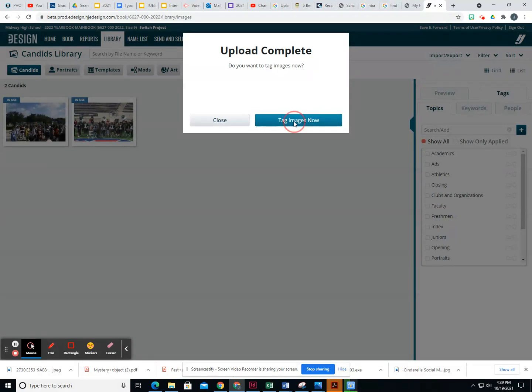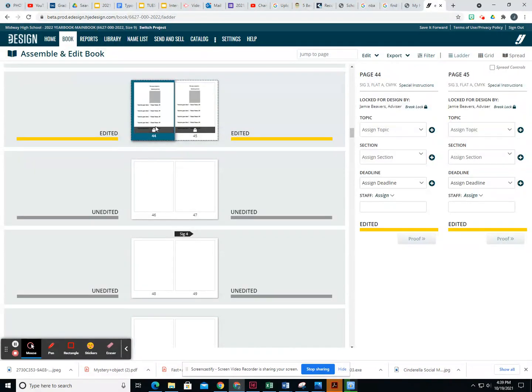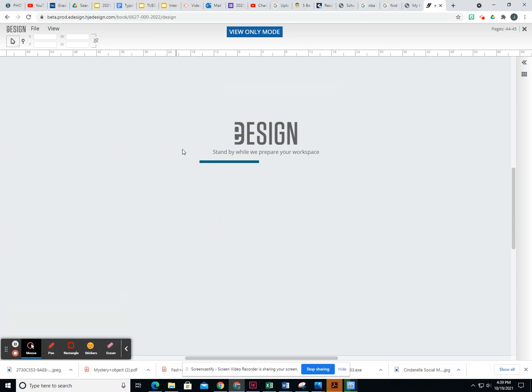Always click Tag Images Now. Over on the right-hand side, make sure your picture that you just uploaded has a blue border. I want you to click Practice. That tags this photo as practice. Later, I'm going to delete these. I don't want to use these really in the book because they're usually just random pictures like this one. Make sure it's been tagged as practice. Then go back to book, go back to your page,